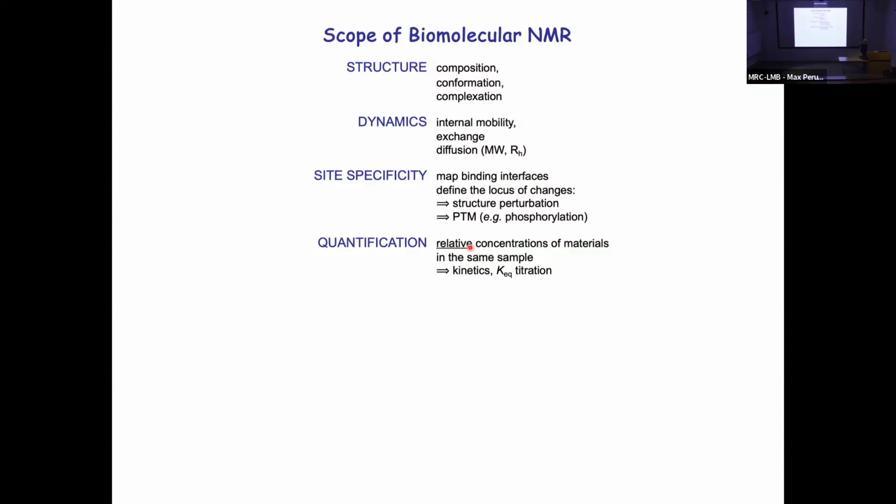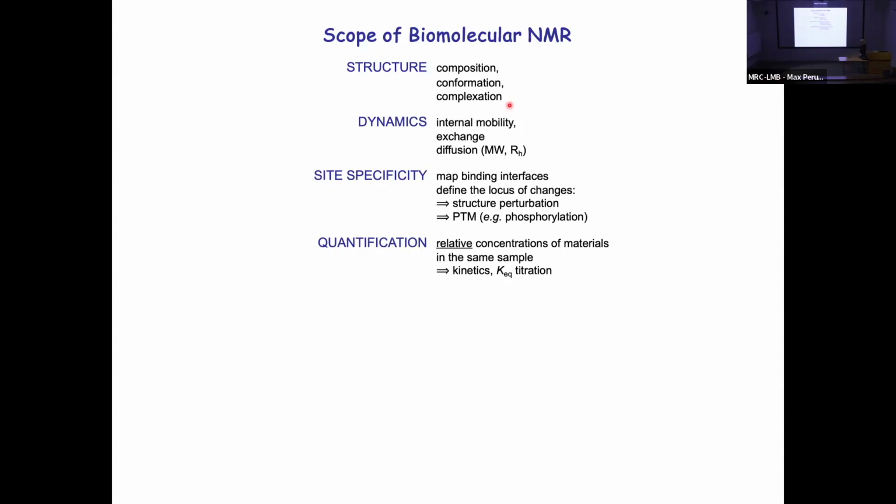The principal use of NMR is for organic chemistry and small molecule applications, where we're looking at the chemical composition of small molecules. Every chemistry department in the world now virtually will have access to NMR spectroscopy for characterizing small organic molecules. But in addition to the composition, we also get the confirmation of the three-dimensional shape of the molecule and the formation of